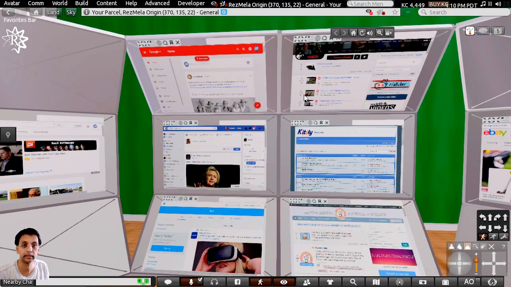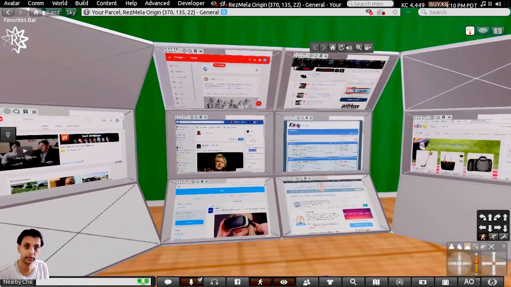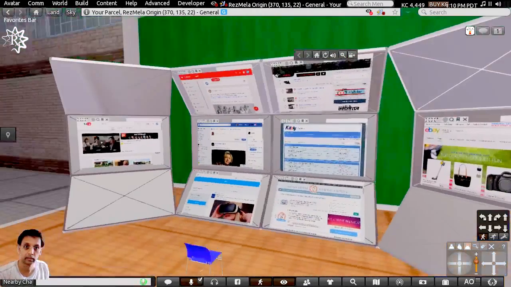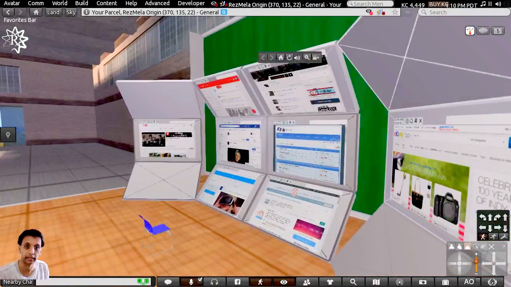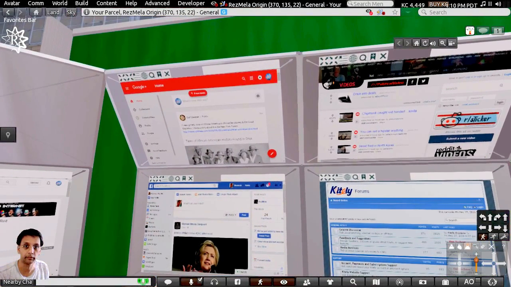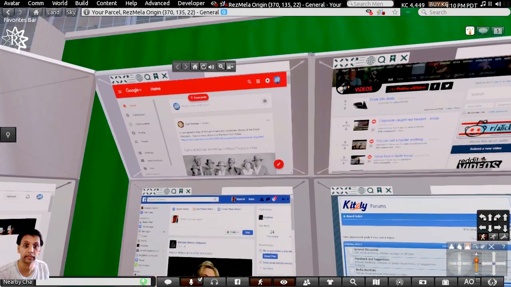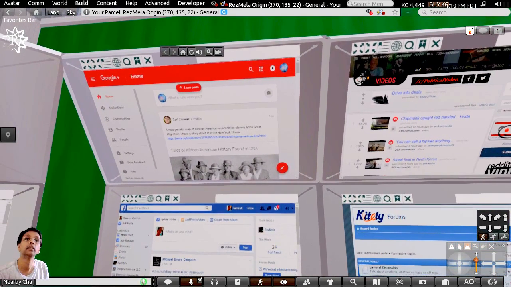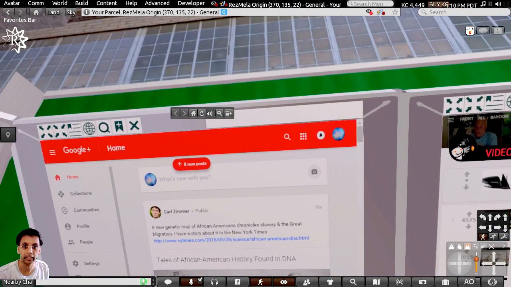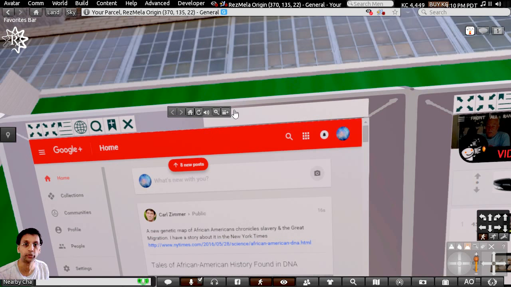Let me show you all around so you can see. It's just a C-shaped panel, and I've placed the various websites I'm interested in reading regularly on them. If you remember, each and every display has this menu that pops up, the standard media on a prim menu that you click on.